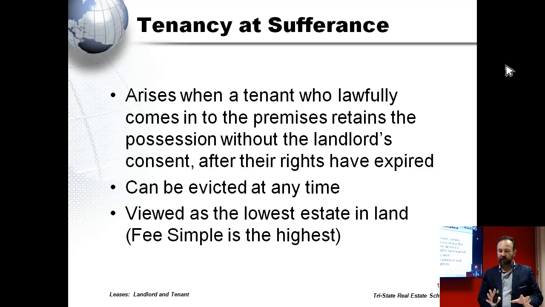Now again, preface by saying that if there's ever a dispute with landlord-tenant, we refer them to an attorney, because New Jersey has specific laws regarding landlord-tenant. And we can find all those laws in the Truth in Renting book. If you don't have a copy of it, it's on our system, on our cloud. If you'd like a copy, just let me know, I can send you a PDF version. Those are basically the landlord-tenant laws. And it's important as brokers, as agents, as landlords, as tenants, to read that book and understand it fully. Because sometimes the interpretation of things such as security deposit